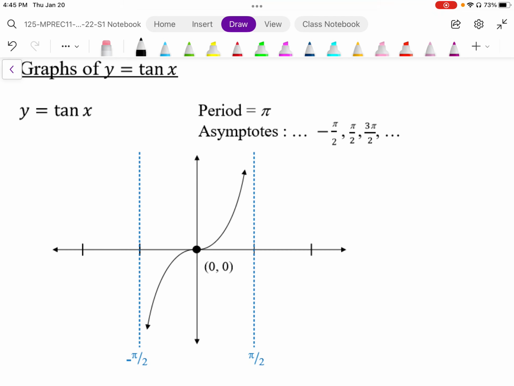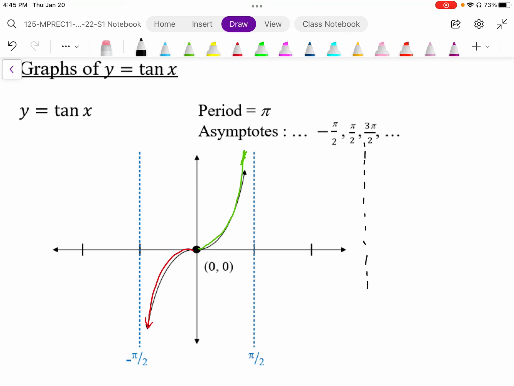We have our one quadrant here. Okay, that's one quadrant, and then we have the other quadrant going in the other direction, the negative direction going that way. And it is symmetrical, so each quadrant is symmetrical. The period again is pi, we can see that. The asymptotes are at negative 2 pi over 2, 2 pi over 2. The next asymptote will be at